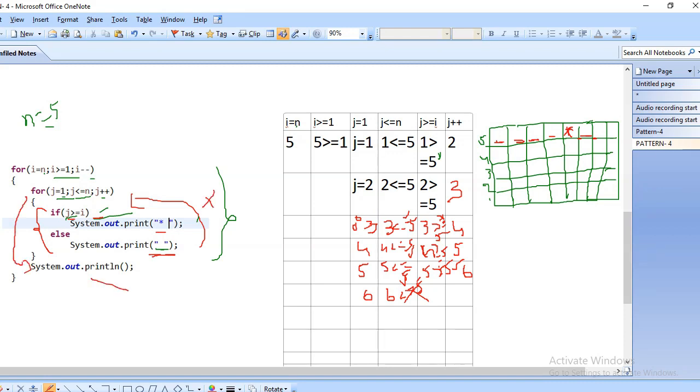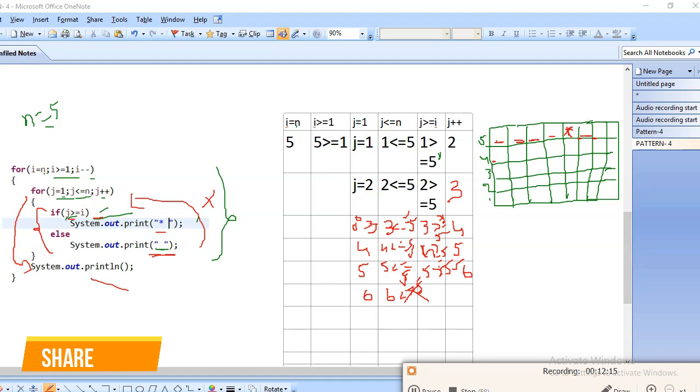Here I have given system.out.println. So that means println, that means the cursor will be moved to the next line. So now the cursor is here.